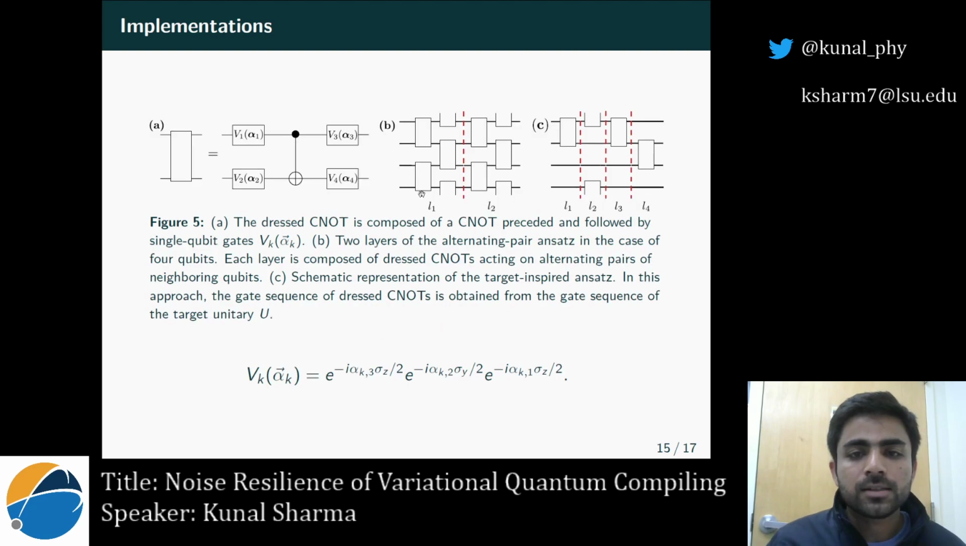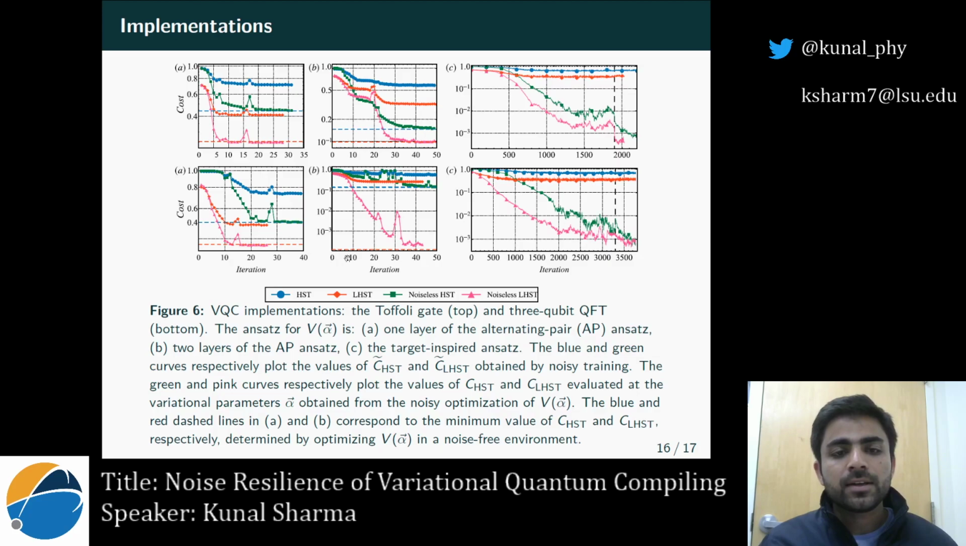So these are our ansatz, just before showing our main results. And these are our main results. Here the dashed lines, the blue and this red dashed line, correspond to, let's say, if you have done noiseless training, and this denotes the minimum value of our cost function. Blue corresponds to the global cost function, pink corresponds to the local cost function. And these blue and green curves correspond to the following. So let's say if you do noisy